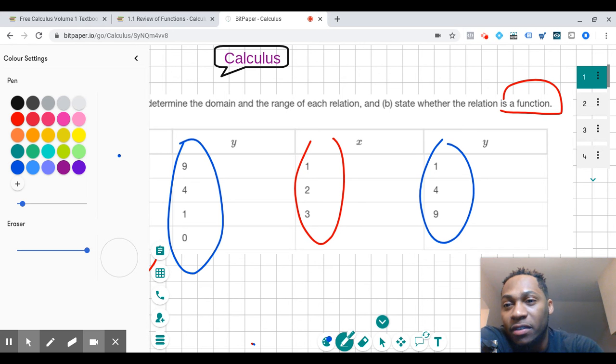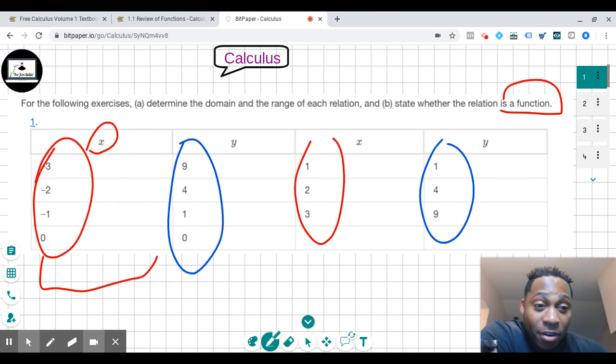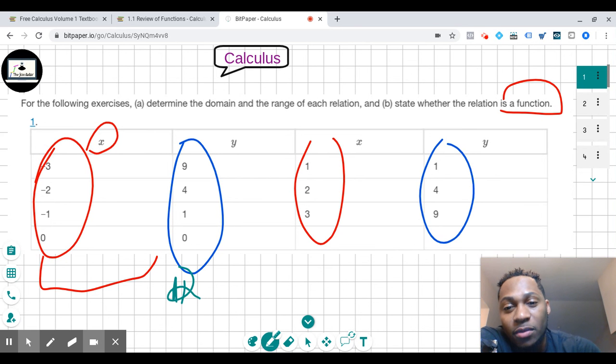Now we're going to see whether or not this is a function. First we're going to find the domain and the range, and then we're going to see whether or not this is a function. So what's the domain? The domain is the x values, the values that x can take. Because they tell you each specific value, you just list them. If we call the domain D, it would be the set of